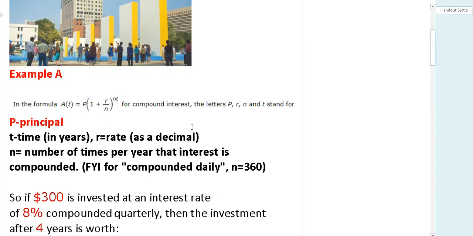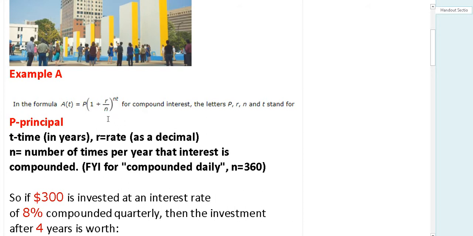So the relevance of this here is that if you invest your money in a bank account or someplace that gets regular interest and regular growth, then likely it's going to be growing exponentially. In fact, Einstein said that one of the most powerful forces in the universe is compound interest. So, wow, pretty cool. So let's spend a little time getting used to this formula.